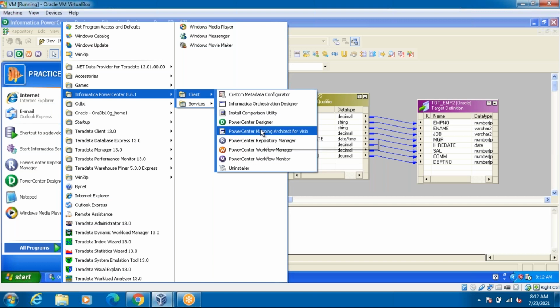Okay, here out of 4, as part of the QA, we are using only these 2, workflow manager and workflow monitor. These 2 only we are going to use in real time. Okay, in the workflow manager we are going to start the jobs, we are going to execute the jobs. Okay, the workflow monitor, so whatever job we executed, we are able to see the log files, session logs, in the workflow monitor. Okay, these are the 2 components we are going to use in real time.